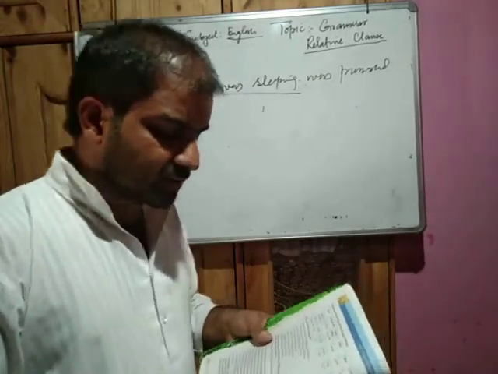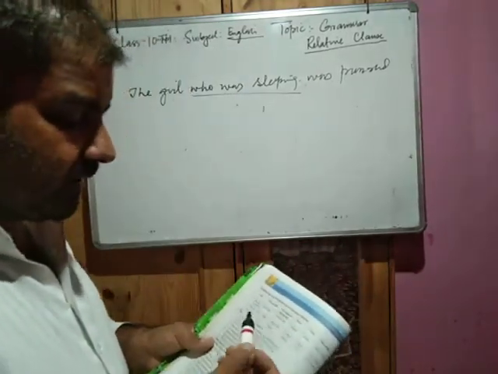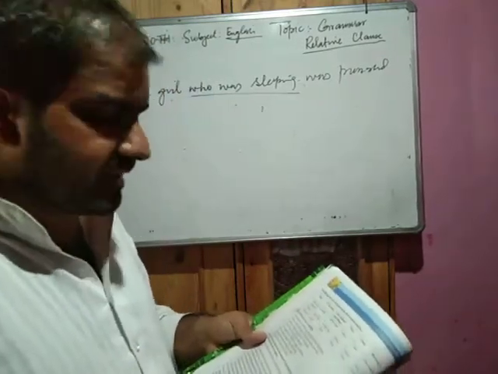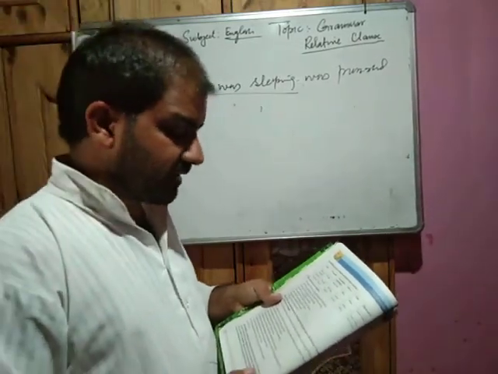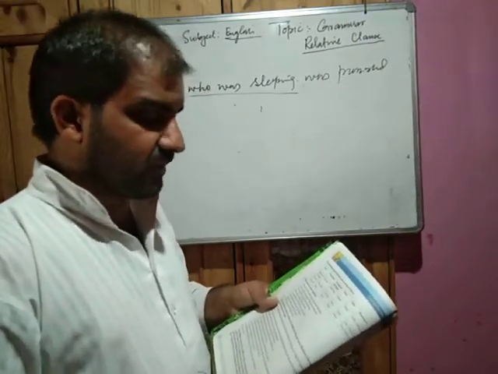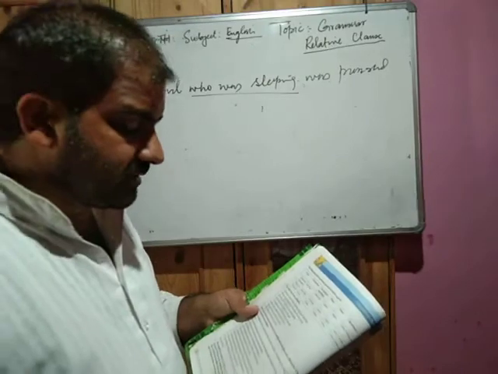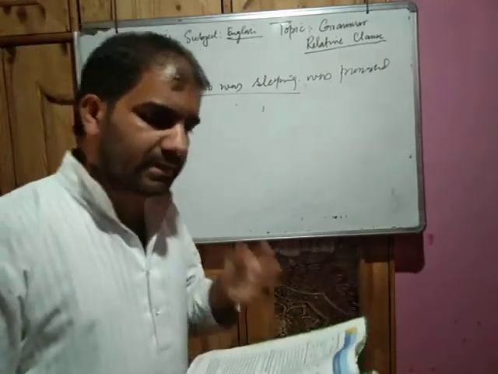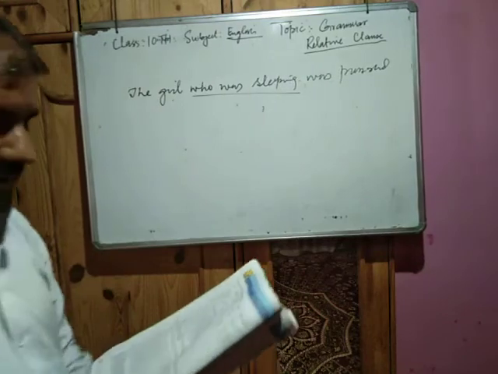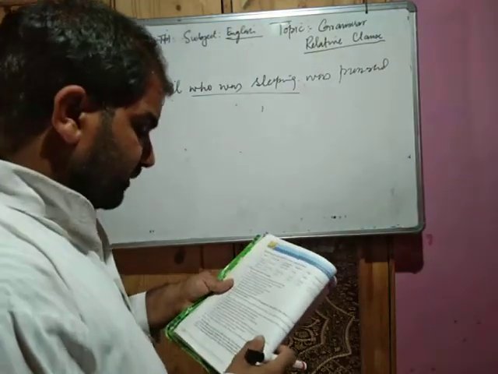Now dear students, what are the pronouns used here? In the first sentence we use who or that, there is which, that. In the third sentence whom, fourth whose, then there is where, when, what, why. Now you know why we use these relative pronouns. So I can give you one more sentence.